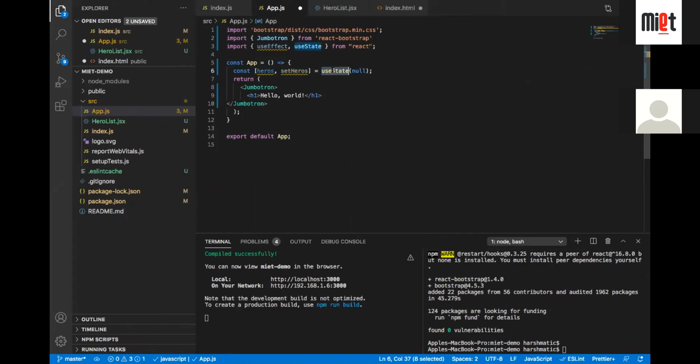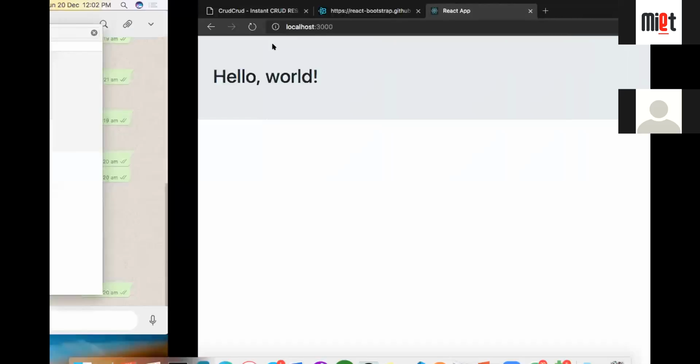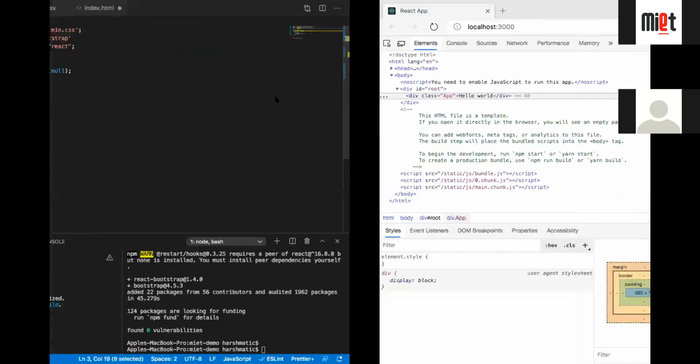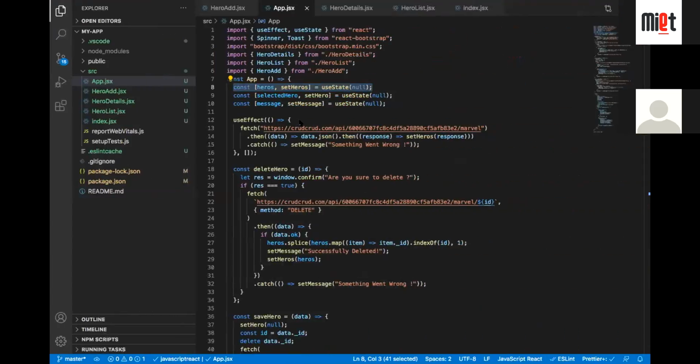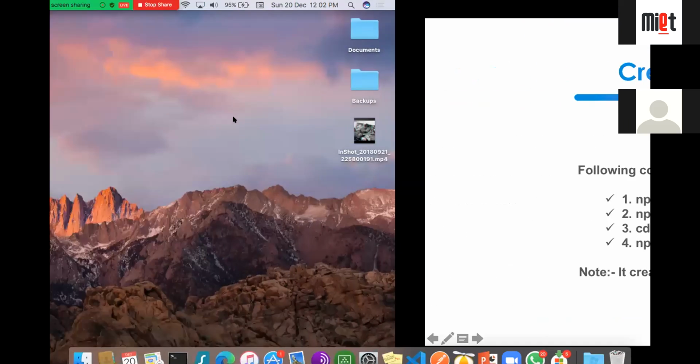So useState is a function to manage the state of the application. It returns the variable and a function that we can use to manage the state. And this is the default value that I am assigning to the heroes, that is null, so that it would help us check whether the heroes have come in or not from the API. Okay. So now what is this useEffect? Very important thing. So useEffect is used